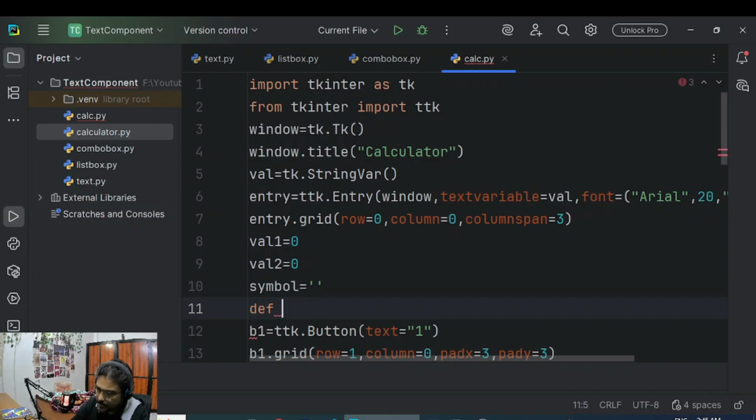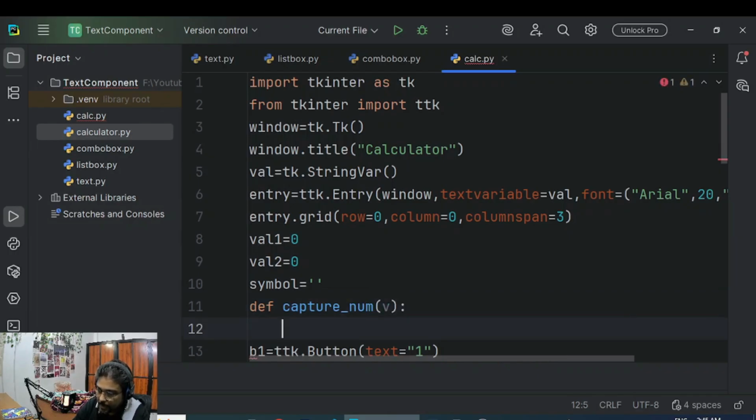Let the name of the function be capture_button, capture number, num is fine. Whenever you click a number, that has to be displayed on the entry field, and that number will be passed to this function. This function will add the number into the entry field. We can press the buttons multiple times, so whatever is in the entry field before, we will take that: x is equal to entry.get,